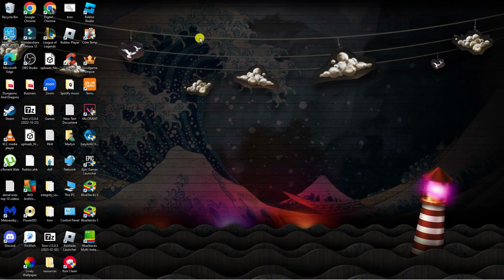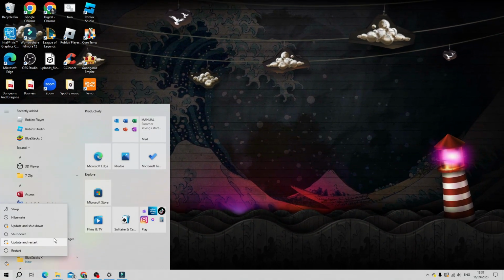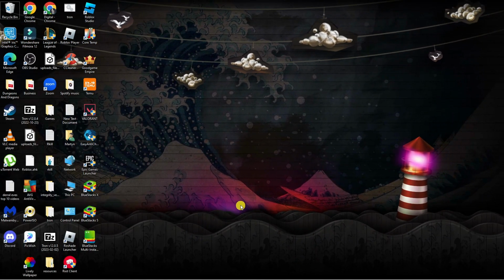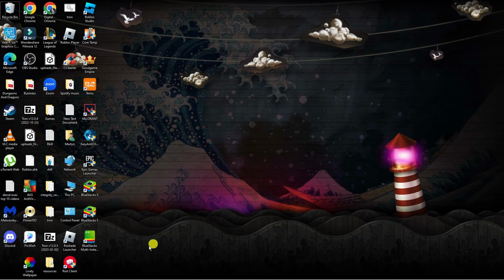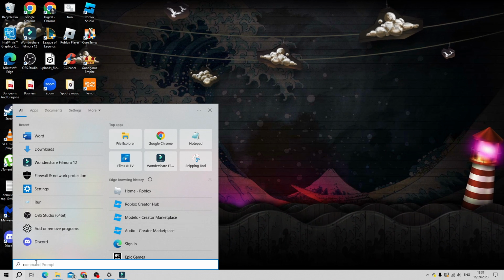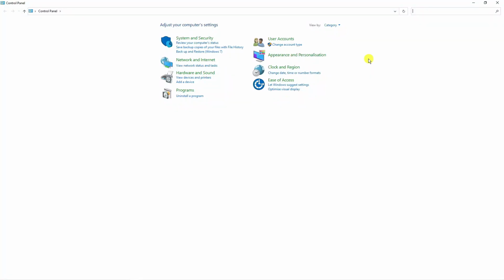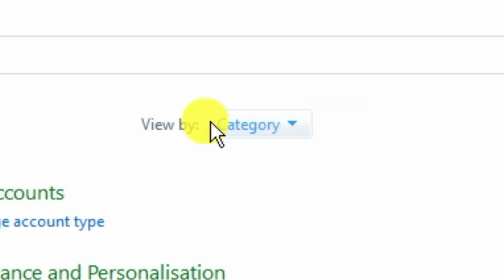So what you want to do at this point is go ahead and restart your system, and then we're going to do the second part of this fix. Once you've restarted your system, come back down to your search icon, and this time type control panel and open up the control panel app underneath best match. From here in the top right hand corner on this drop down box, you want to make